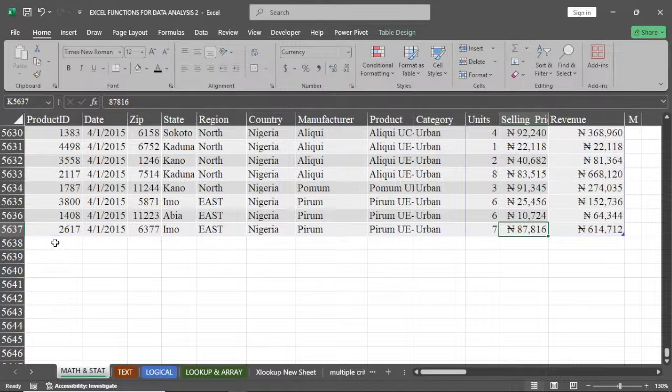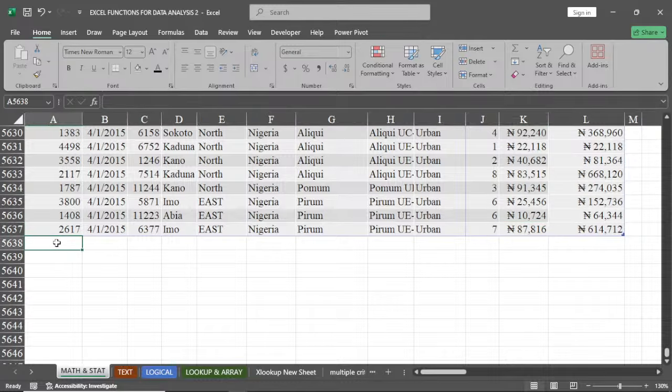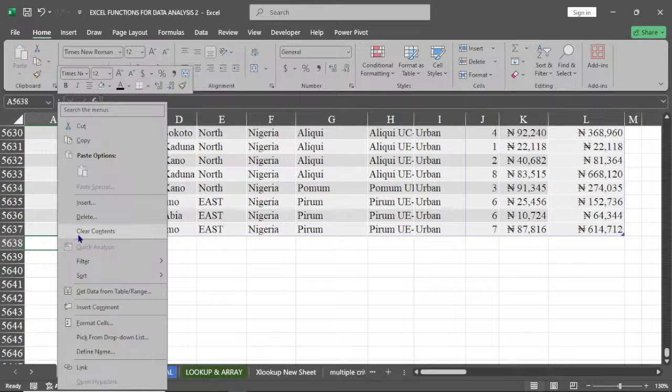Now why do I want to do that? So that I can add extra data to this data range. We are at 5,637. The data that I copied, I can add here to increase the number, so that we can see the difference between what I calculated as a range, when it's just a data range, and what will happen when I formatted this as a table. So if I come here, right click and paste,